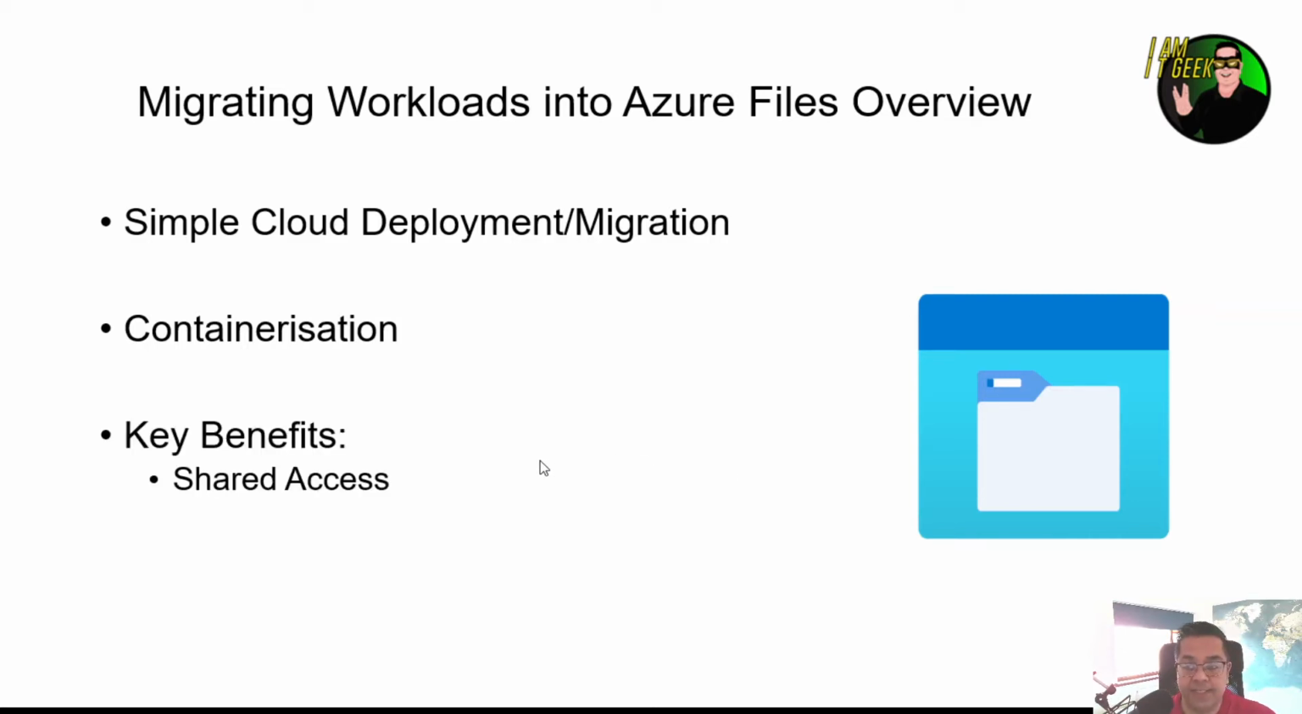So the first one is shared access. With Azure Files, it supports SMB and NFS protocols, meaning you can seamlessly replace your on-premises file shares, which is essentially what we're going to be looking at in the demo. It's fully managed by Microsoft, so Azure File Shares can be created without the need to manage